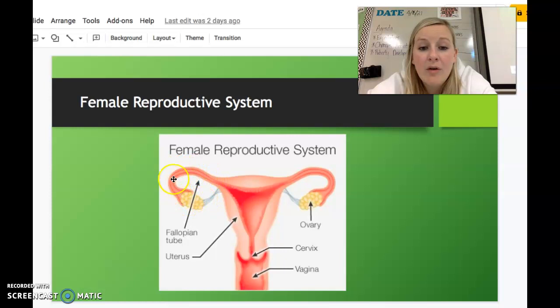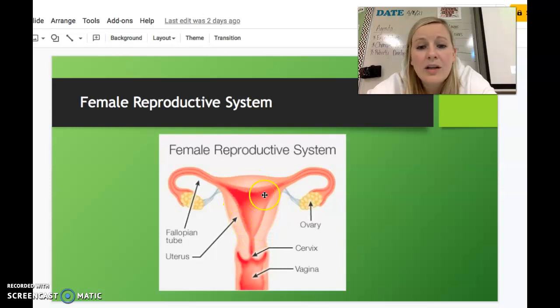If the ovum gets fertilized to get pregnant and to have a baby, it's going to get fertilized right here in these fallopian tubes. If it doesn't get fertilized, then it will just continue on its own. If it does get fertilized, it will continue, but with the sperm cell attached as well, down here into the